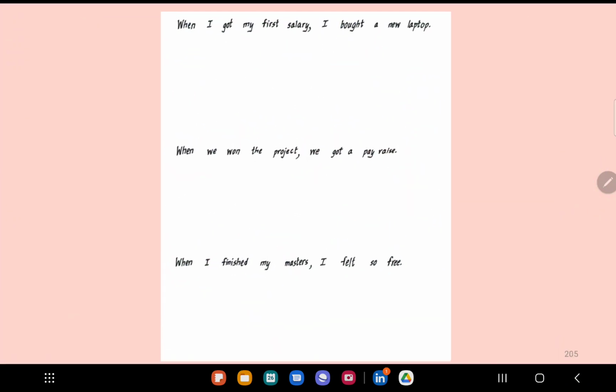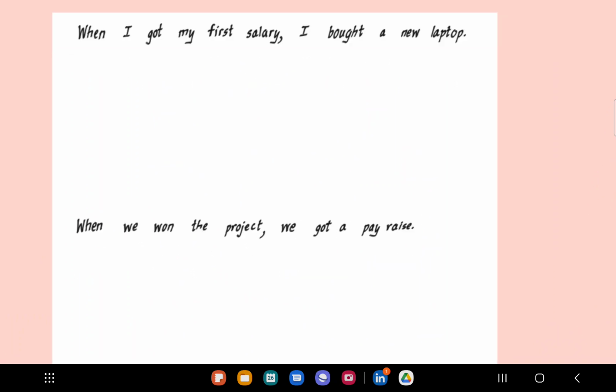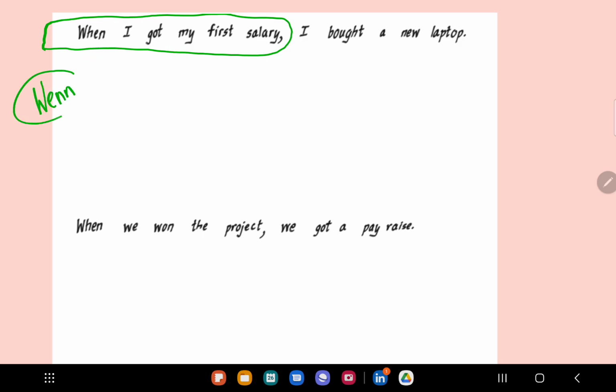Now let's look at these examples. So when I got my first salary, okay, you will not keep getting your first salary again. This happens once in a lifetime, right? After that, it is second or third. So when I got my first salary, now if you want to say, you can say when, but it's not correct, right? Because if you say when ich mein erstes Gehalt bekommen habe, it just doesn't sound so good to someone who speaks German, because he or she will think, okay, this is a one-time event, and now he is using when. You should be using als.